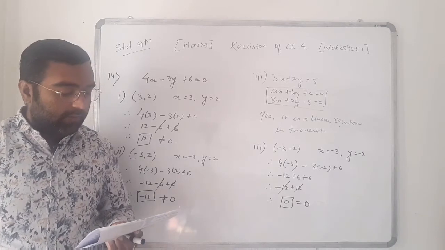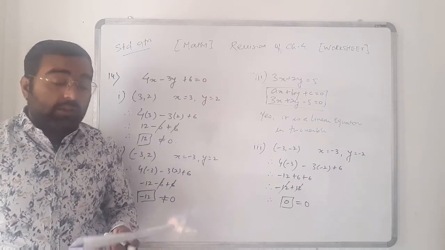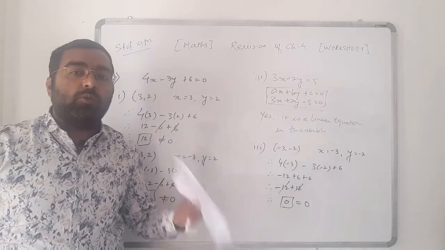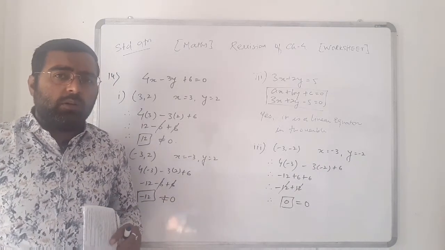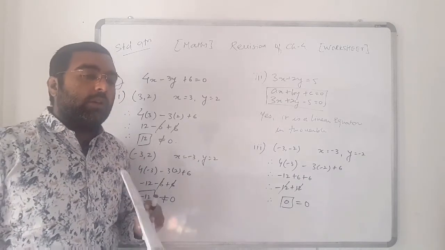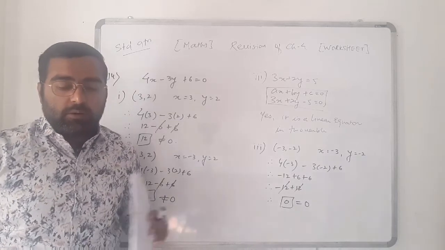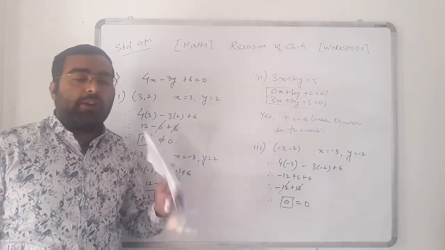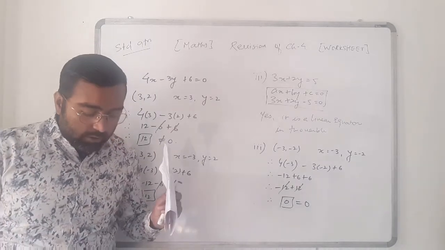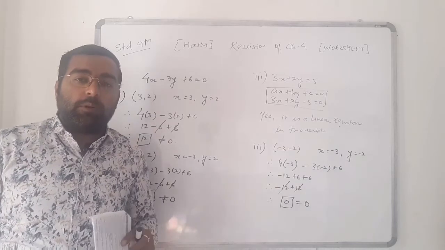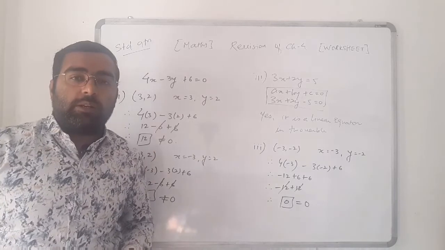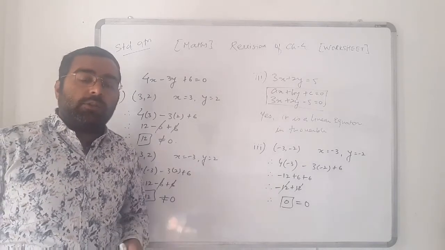Okay, there are infinitely many solutions of x and y. And if you take two linear equations in two variables, then there are only three possibilities: only one solution, or infinitely many solutions, or no solution, a null solution. For this purpose you should first learn about standard 10, where there is the linear equation in two variables.